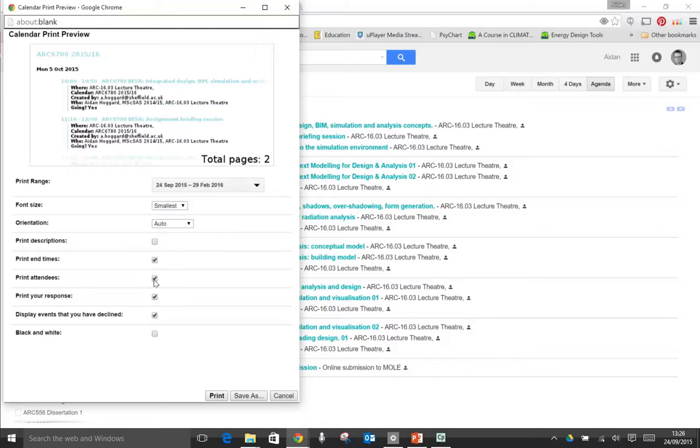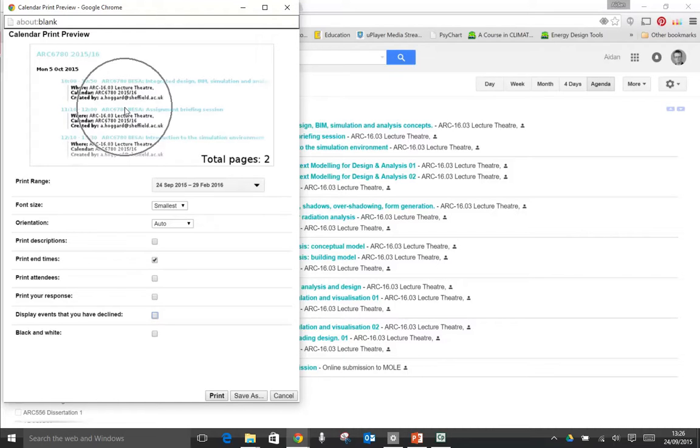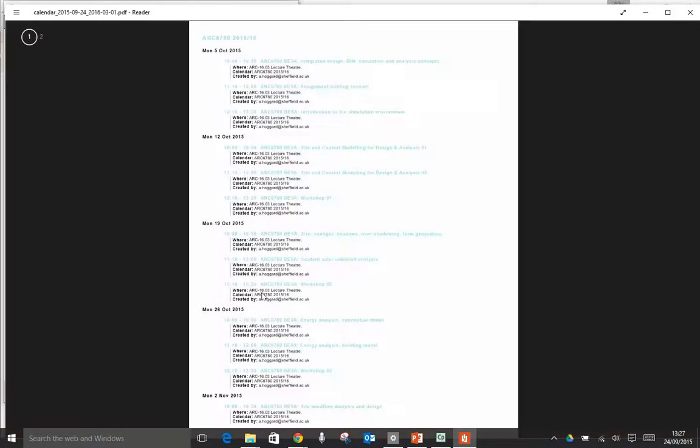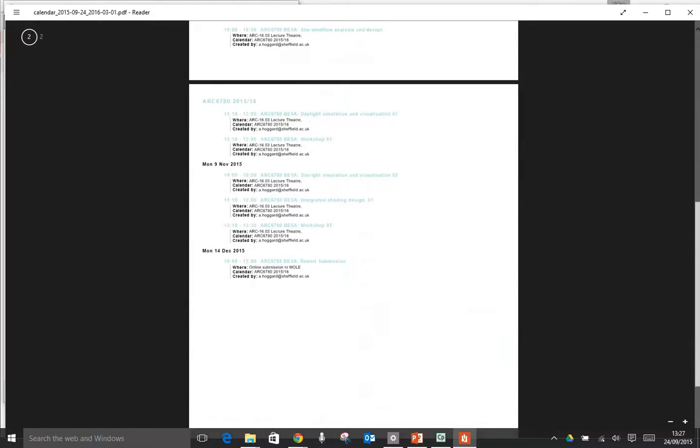Print end times, print attendees, depends what the purpose is for. If you're putting it in a module handbook, you probably don't need that, so you can get rid of that. Print your response, you probably don't need to see that in a handbook. Display events that you've declined, you probably don't want to see that. You can put it into black and white if you want. You get a little preview here of how it will look, and if you then click on Save As, it will instantly download a PDF of that, which if I just open here, is just a simple